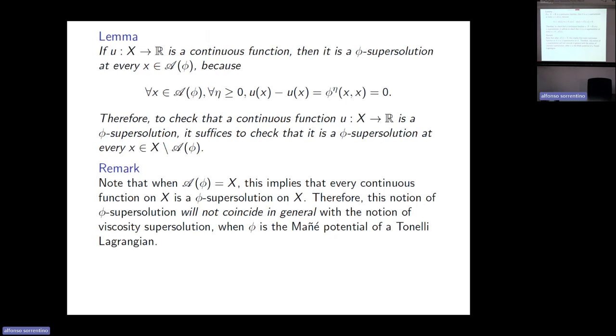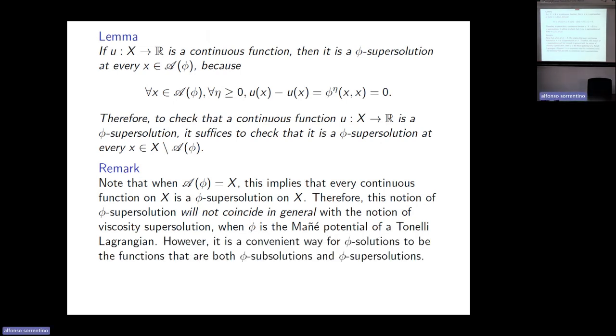This notion of phi supersolution will not coincide in general with the notion of viscosity supersolution when phi is the Mañé potential of a Tonelli Lagrangian. But still, it is convenient for a phi solution to be a function that is both a phi subsolution and a phi supersolution, so it's nice to have at least a concept of phi supersolution. In fact, if you look at viscosity theory,